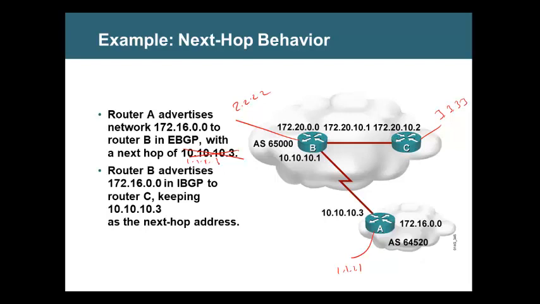You understood? Please understand this. The next hop address will be the address that you use to identify the next autonomous system, not the address that you use to reach the next autonomous system. To reach the next autonomous system, you may be going to this gateway, but that is not going to be your next hop, because the giver of this network is this neighbor, isn't it? This is how you identify the neighbor. This is the address with which B is identifying the neighbor.